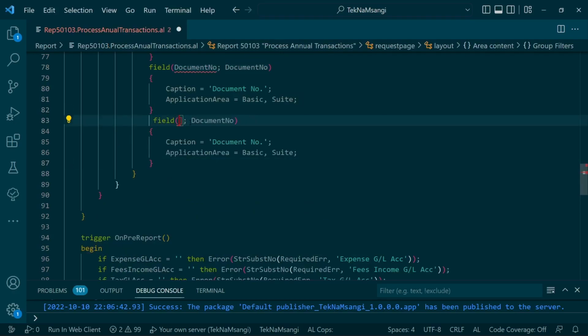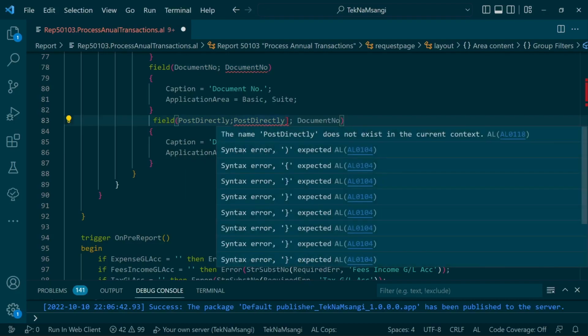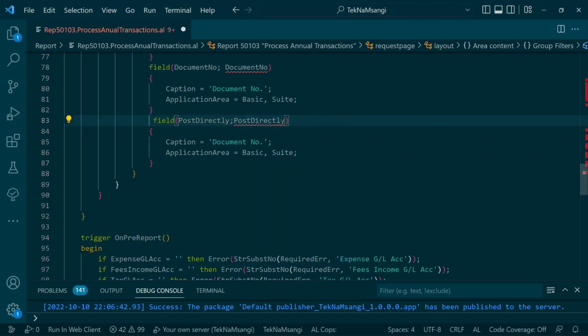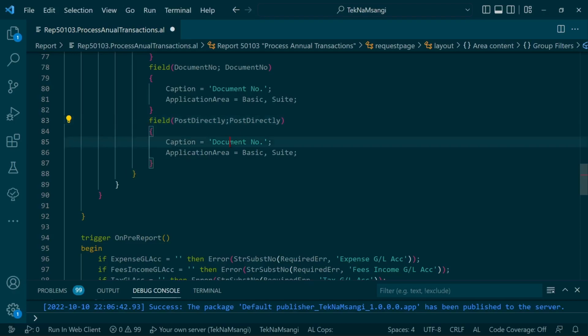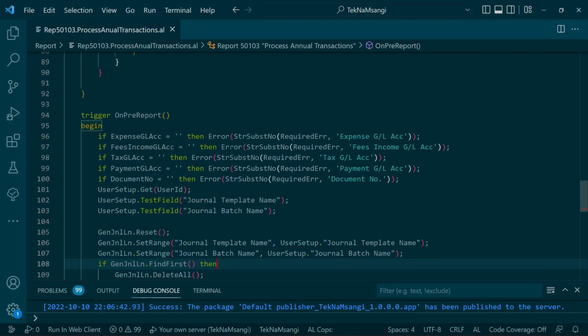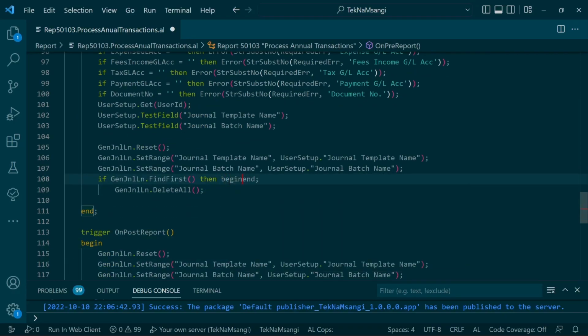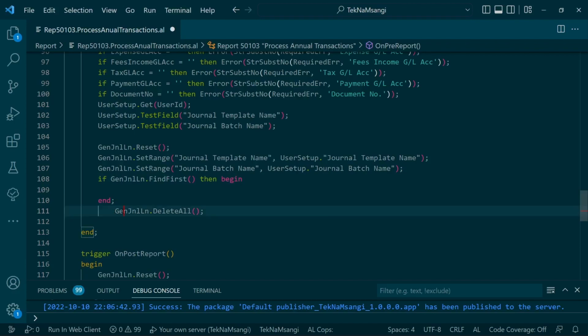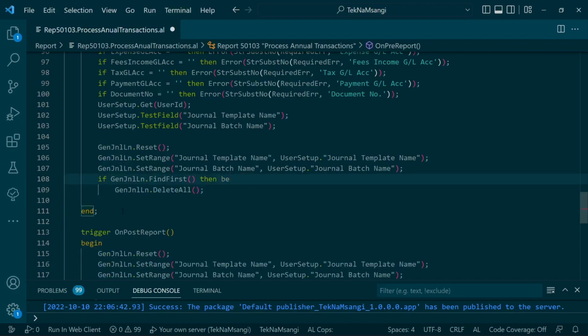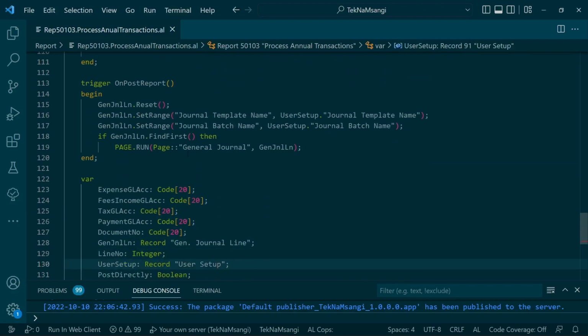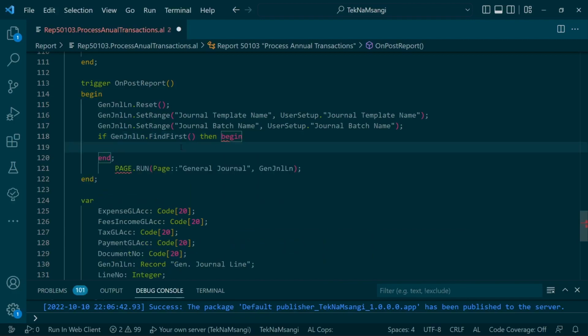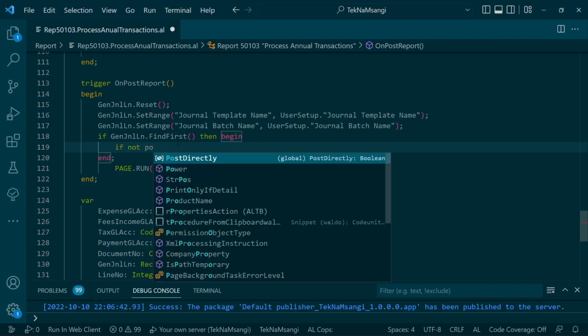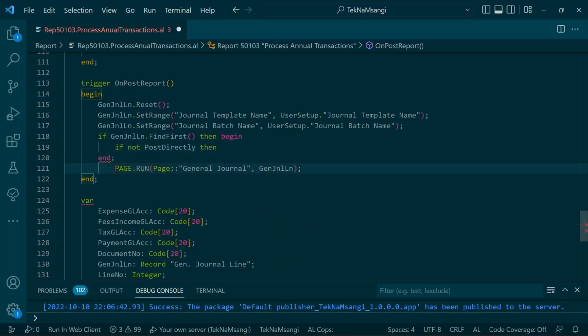Give them an option here to post directly. So they trust that the system is okay, but initially they can generate a batch and make sure everything is okay. And once they are sure, then they just post directly. So finally, we need to begin here and end, and then, not at this point. So this is the on post report. So we just need to begin and end, and if not post directly, then we open this particular page of the journal